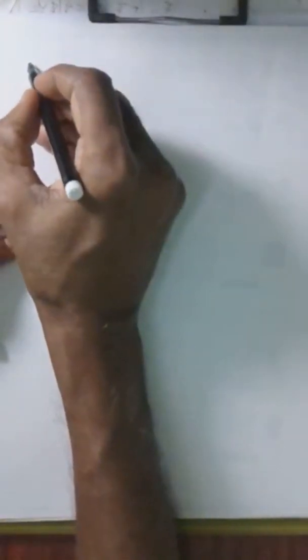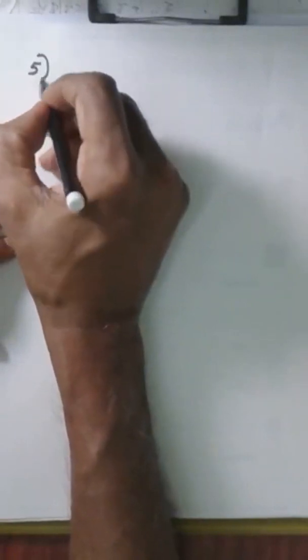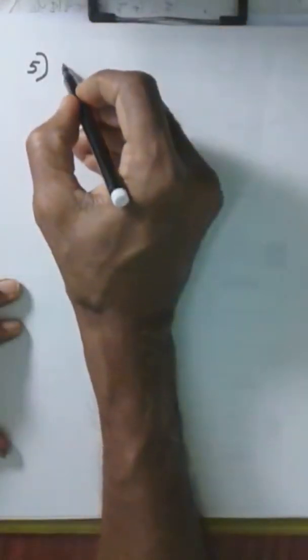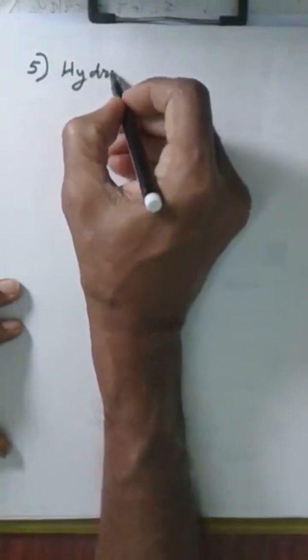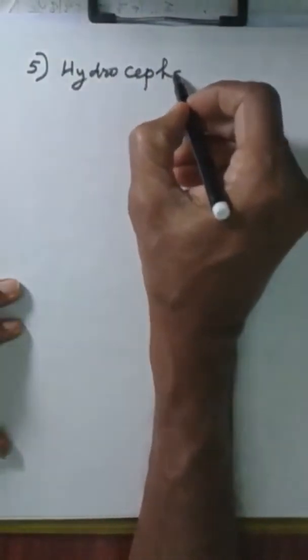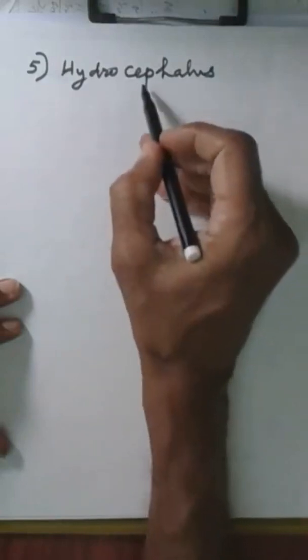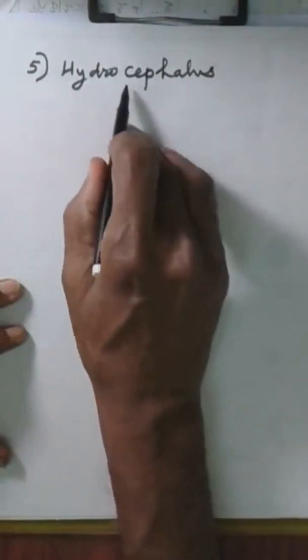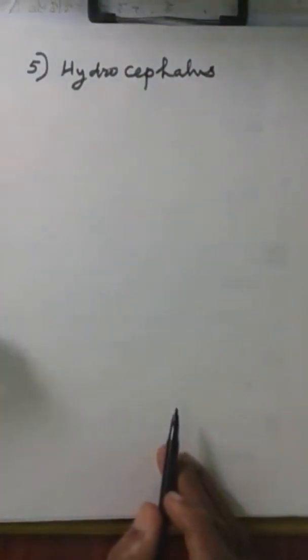So that will be point number 5. Another condition is water accumulation in the brain area on the head. It is called Hydrocephalus. Cephalus means brain, hydro means water. So water accumulation in the cephal area, in the brain area or